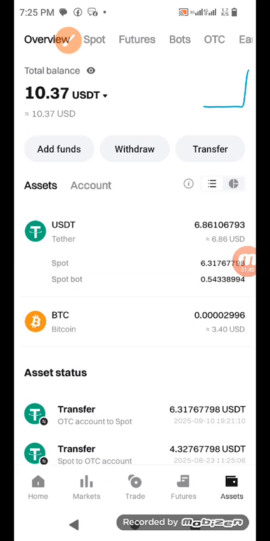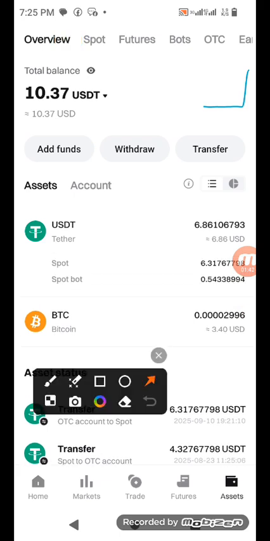You see, if you look at this USDT now, the whole USDT I have here is divided into two. One is on spot bot, the other one is on spot. I must have one on spot. I'm not doing spot bot now. I want to trade myself. Spot bot means allowing a bot to trade for you. I'm doing that somewhere, that's why this little money is on spot bot. But my interest is to trade on spot because I want to trade for myself, so I'm not giving it to the bot. Now, at least I have one.